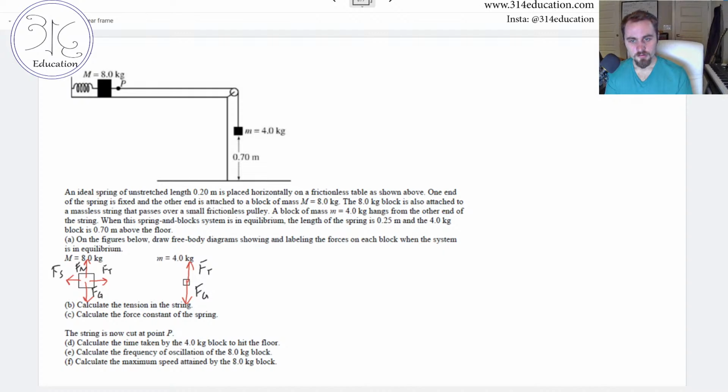Cool. And so we're in equilibrium. So that tells us we want to find the tension in the spring. And this is pretty easy because we're in equilibrium, we can use Newton's second law for the second mass, telling us the tension minus its gravity force is going to equal its mass times acceleration. But we know if we're in equilibrium, this acceleration goes to 0. So that just tells us that our force of tension is equal to our mass times gravity, which is just going to be 4 kilograms times 9.8 meters per second squared, which is